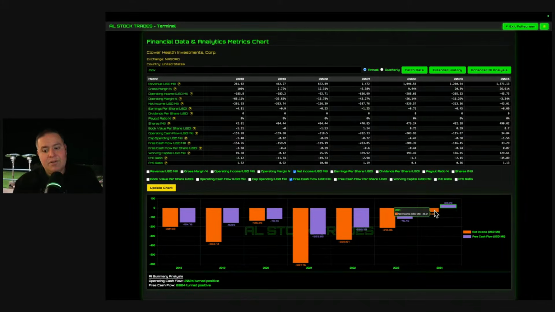Obviously, this year, the red line is going to be a little bit higher. It's going to look a little like this, not as bad as this, but maybe an extra $20 to $40 million higher. But that's because of Part D, which they're going to fix. But overall, the general trend is that it's improving.